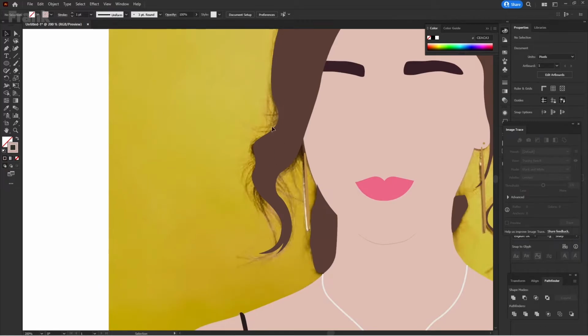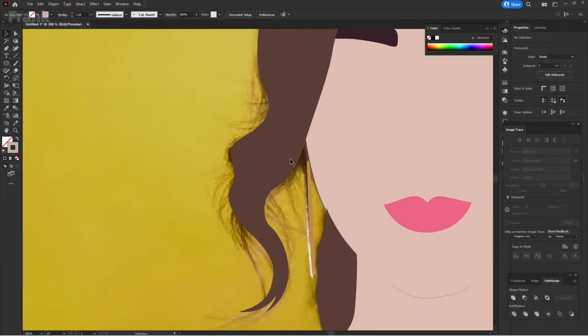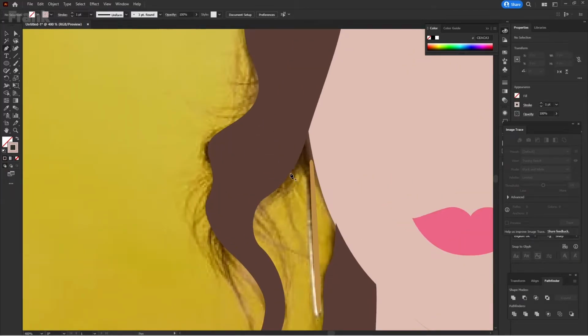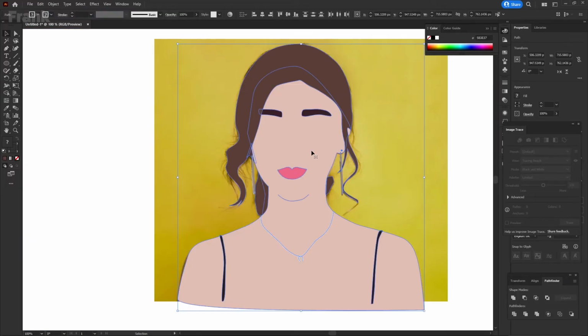And then again, you can be way more detailed in the hair. I might just add that little bit of hair in there and go back and fiddle around. So by the end of it, you'll have your vector like this. And if you just group it up and click copy,